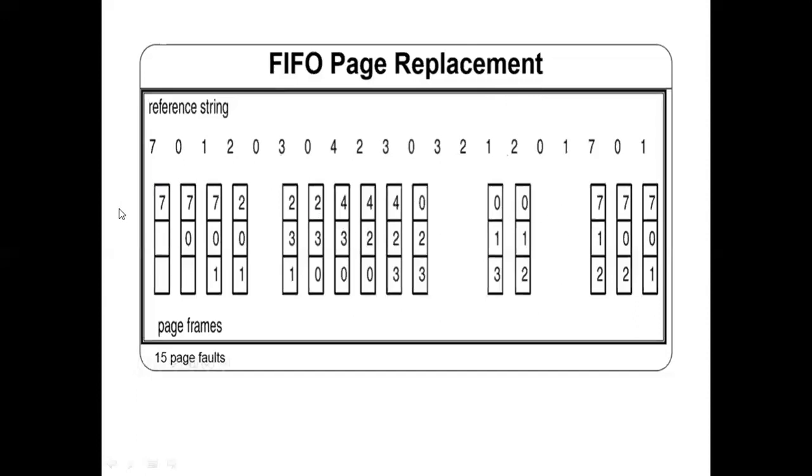So assuming initially none of the frames were placed on the hard disk. If that is the situation, you're basically looking up to the disk how many times? 15 times for this particular sequence. In which pattern? First in, first out. It means whichever had come in first will be the victim, and that will be swapped out, and the frame which is required will be swapped in. This is how first in first out works.